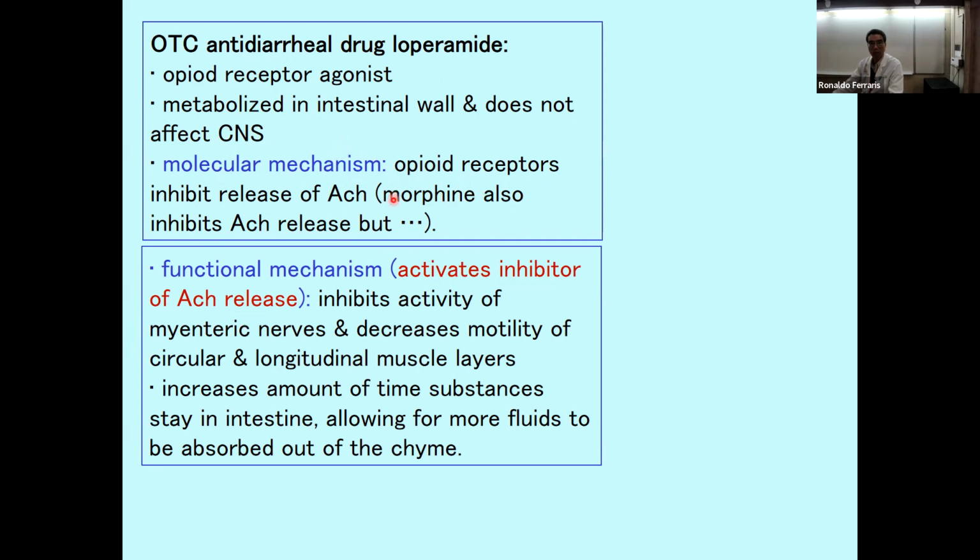Now, morphine. For those of you who have undergone serious surgery, you receive morphine, and that painkiller inhibits ACH release. It has exactly the same effect as loperamide, except this is highly addictive. And if, for one reason or another, you go into